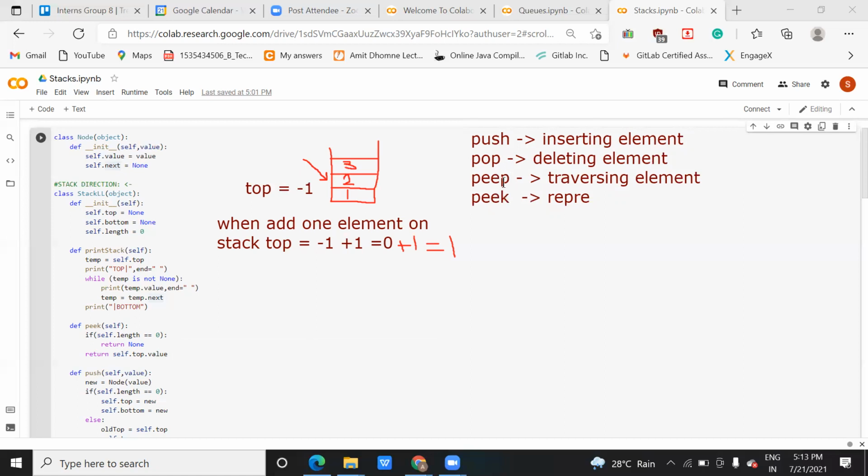Both are used. Don't get confused by this. Peak is the same as index -1. Like if I create a list and then use peak, it is the same as length of the list minus 1 as the index.